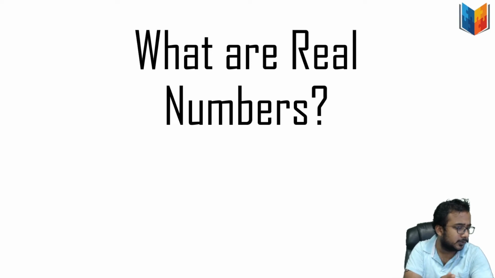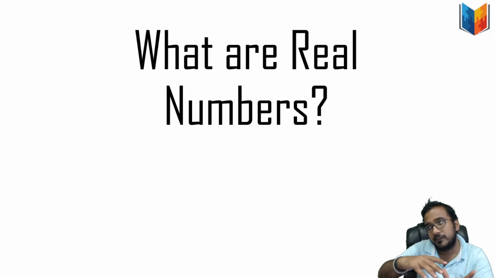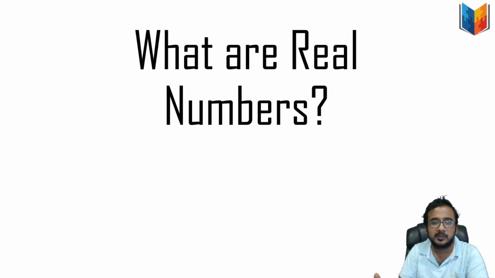In this video today we will be learning about rational and irrational numbers, or if I say combined, real numbers. Briefly, real numbers are the numbers which can be represented on the number line. We say that those are real numbers. What are the different types of real numbers? That we will see in the video. Okay, so let us move on.